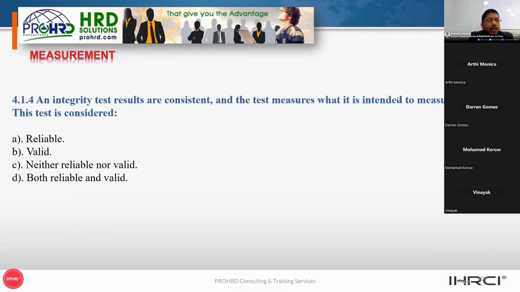Can you tell me the answer? If integrity test results are consistent, and the test measures what it is intended to measure, then the result is considered